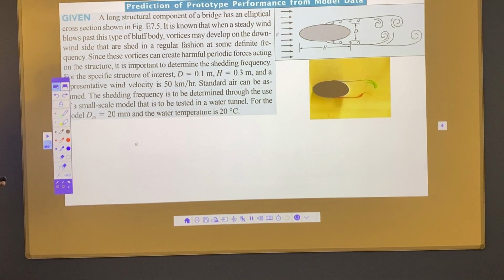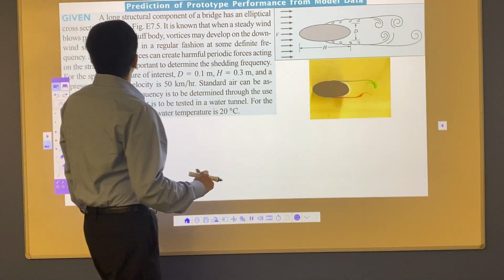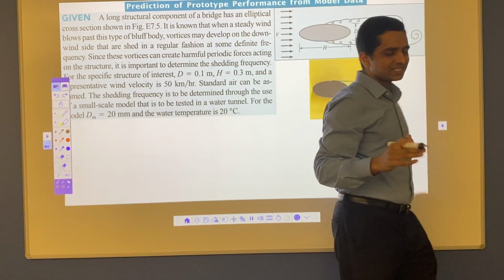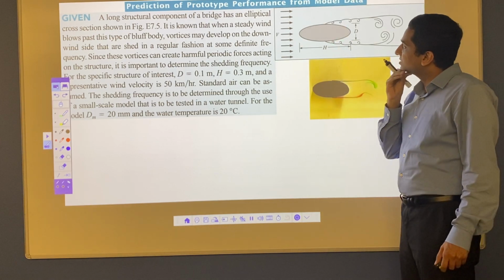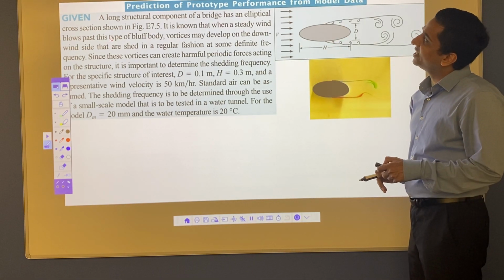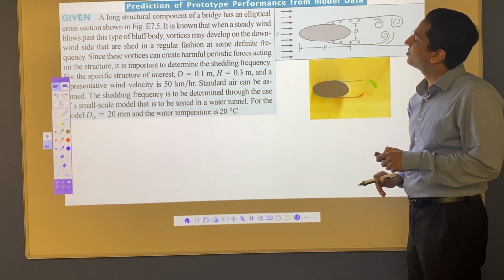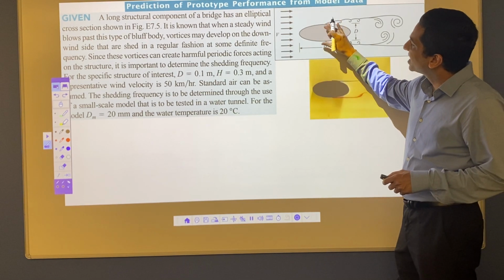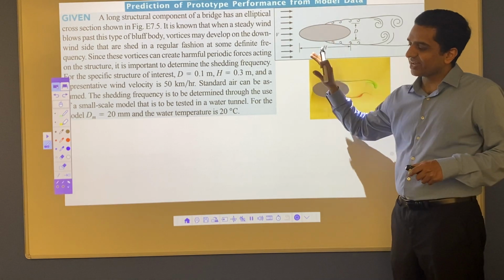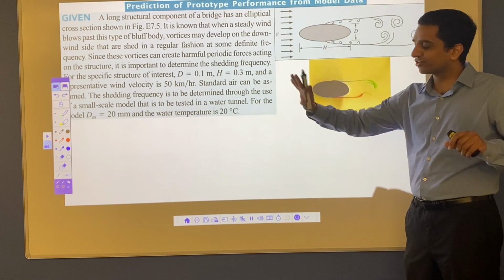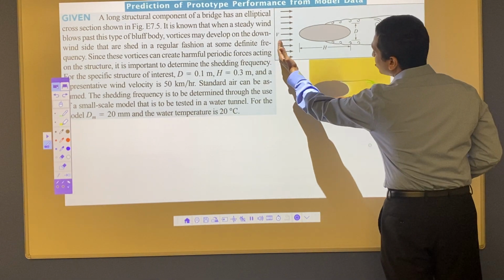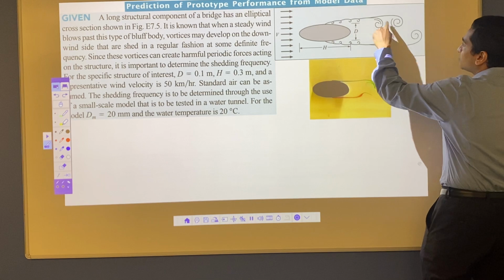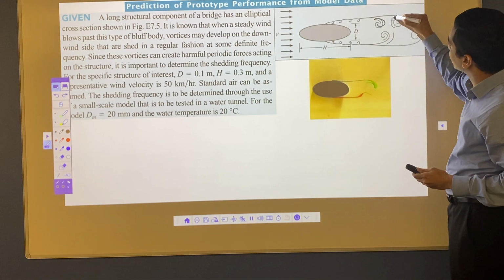Now in this problem, what we have is a long structural component of a bridge. There is an elliptical cross section of some component of a bridge which will look something like this, and it is known that when steady wind blows past the bluff body. So whenever, let's say this is a small component of a bridge, and bridge has hundreds, thousands of these kind of components, and when the wind flows through this component, there are small vortices formed, this one, this one, this one,